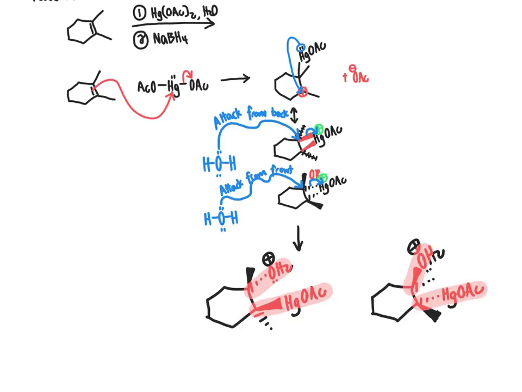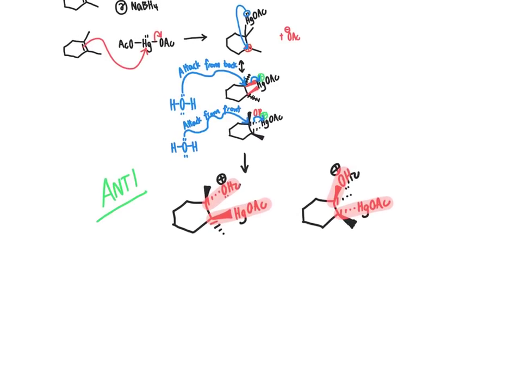So this is going to give stereoselectivity because these two groups are not going to end up cis to one another. Instead, they're going to end up trans to one another. So we describe this definitely as anti-addition of our mercury and our water. And this pattern of these groups being anti to one another will continue all the way through the reaction, through the deprotonation step and through the reduction of that mercury to a hydrogen atom, giving us a final product that will have the H and the OH in the final molecule being trans to one another. So anti continues onward here